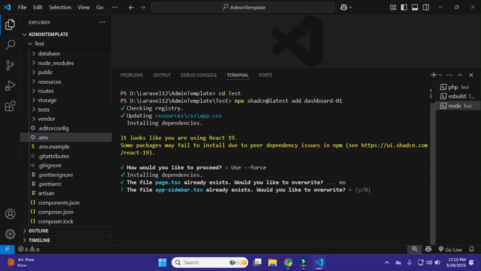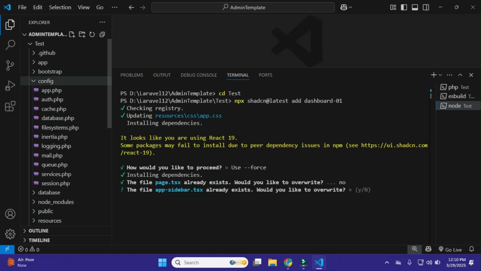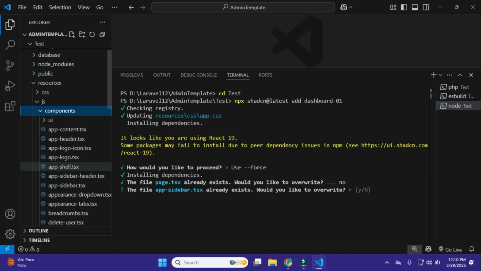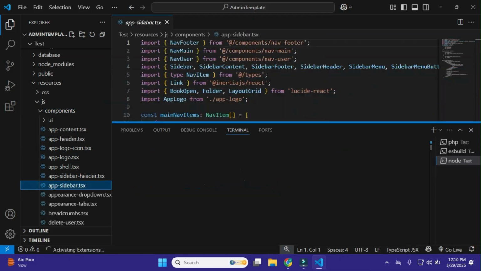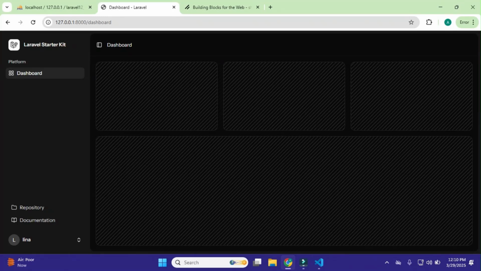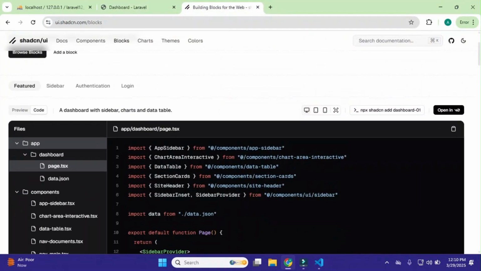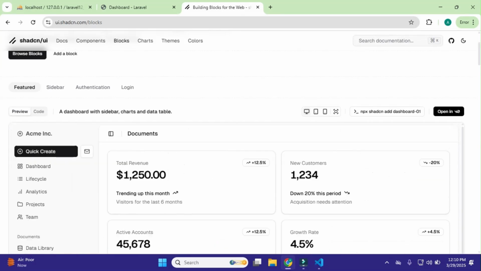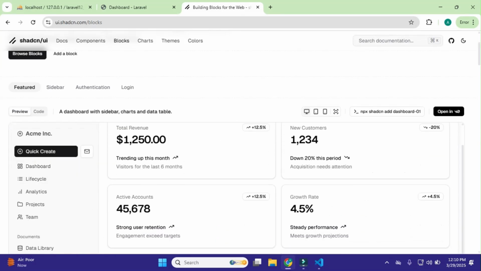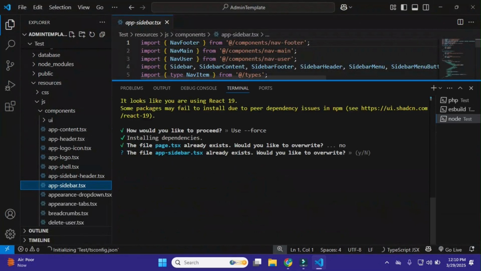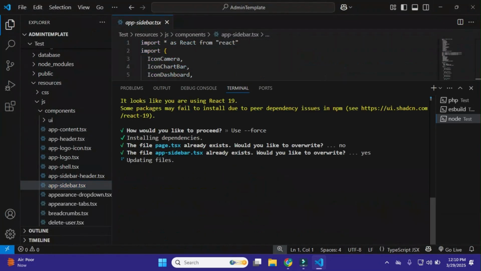And in app-sidebar.tsx, that is in resources js, in the components we have this app-sidebar, that is the sidebar that is showing now, and we need to upgrade it to this sidebar that is showing here, this one. If you want to update it, just update it, and I'll use yes here.